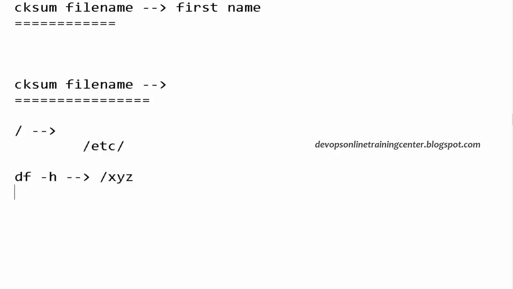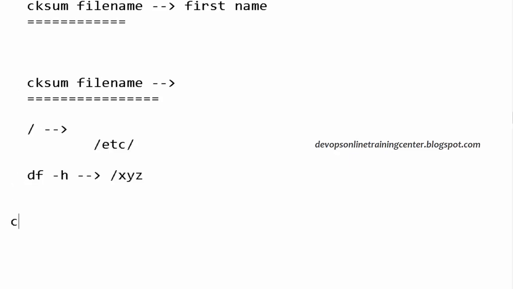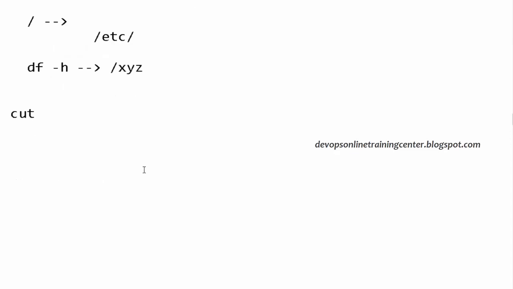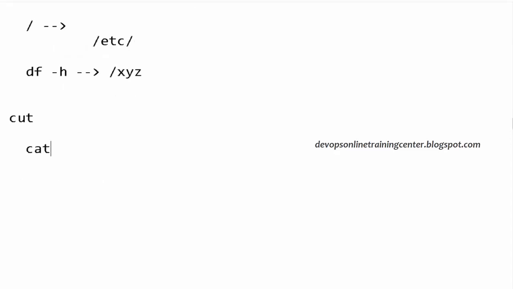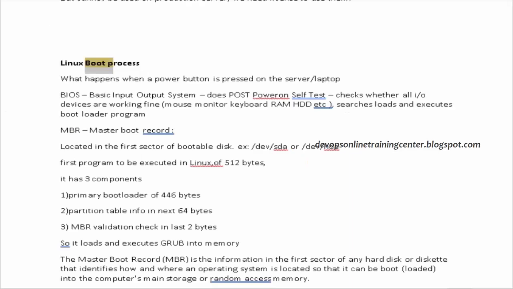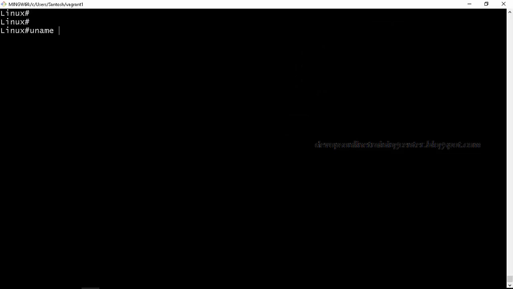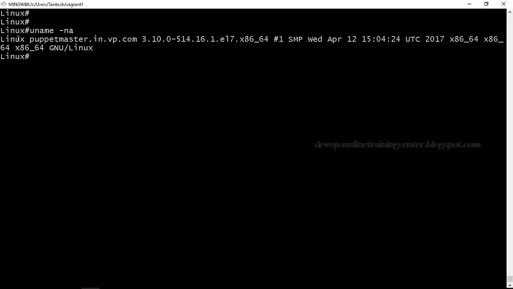Did you get how you transfer a file from machine 1 to machine 2? How do you use tar? How to use gzip? There is also another important utility called cut. This will basically extract characters to cut a file. The simple example is I want to find out whether the machine is Unix or Linux. If I give uname -a, it will give Linux and some machine name, the kernel version, hardware version, etc.